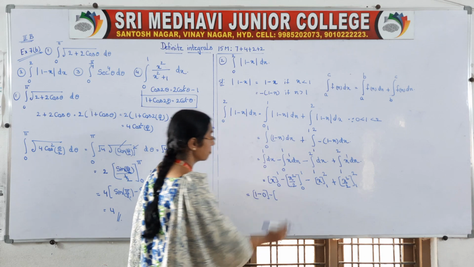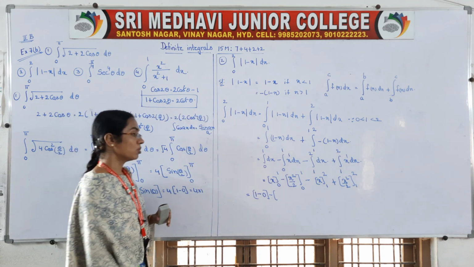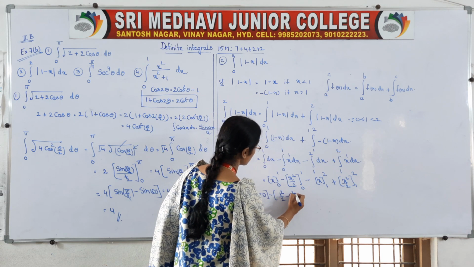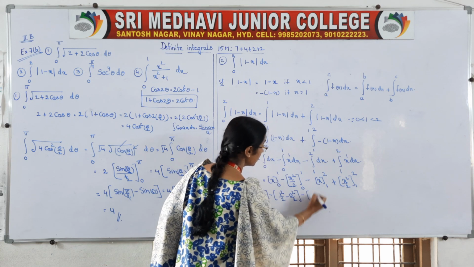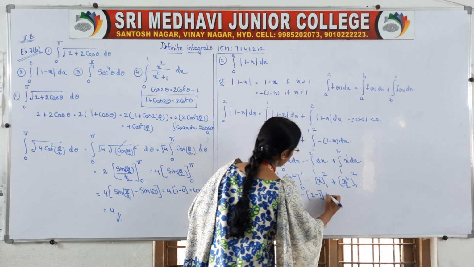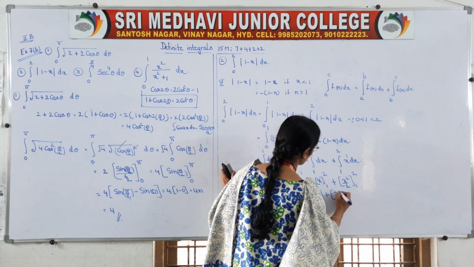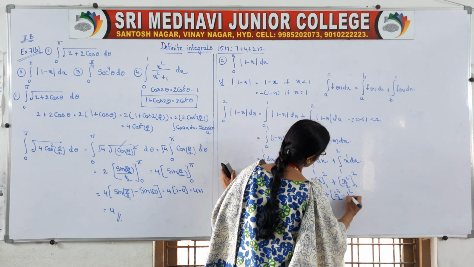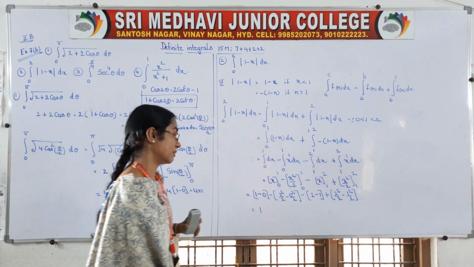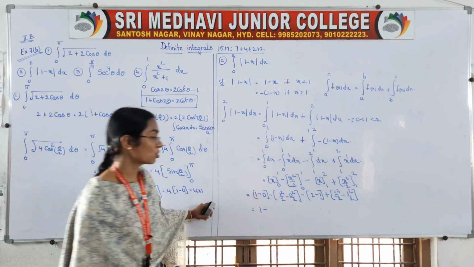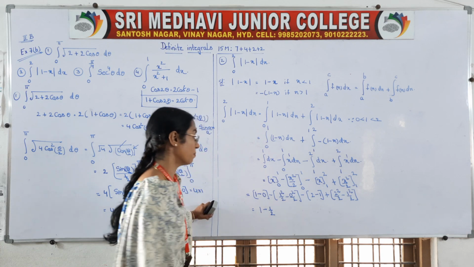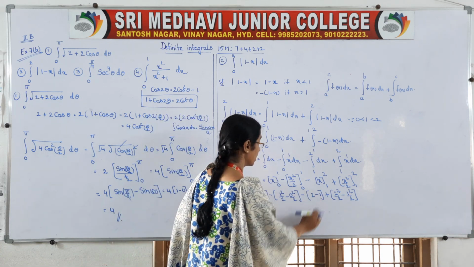Okay, minus, same thing in this x square by 2, in x place first upper limit 1 square by 2 minus 0 square by 2, minus, here also upper limit minus lower limit 2 minus 1. Next same thing, it is 2 square by 2 minus 1 square by 2. So is equal to 1 minus 0 is 1, minus, 1 square means 1 only. So it is 1 by 2 minus 0 is 1 by 2. This is 2 minus 1 is 1.